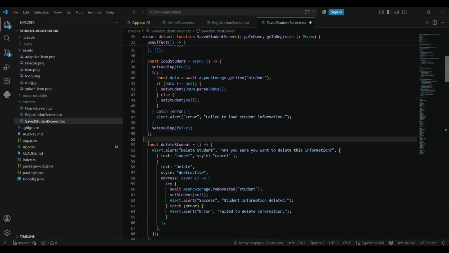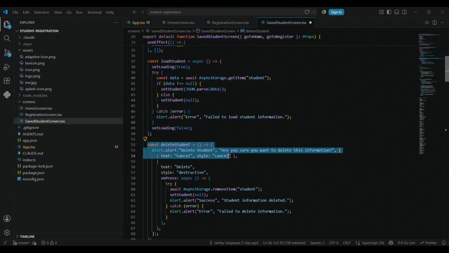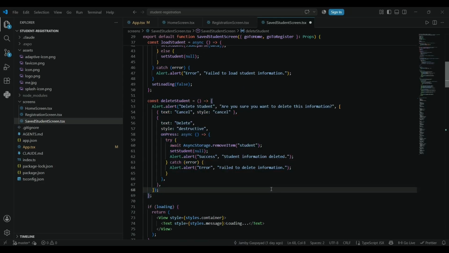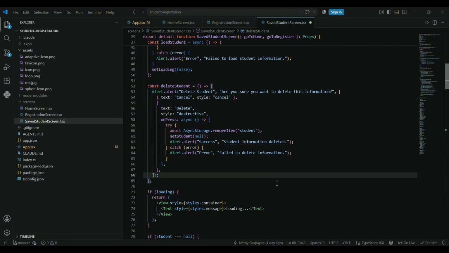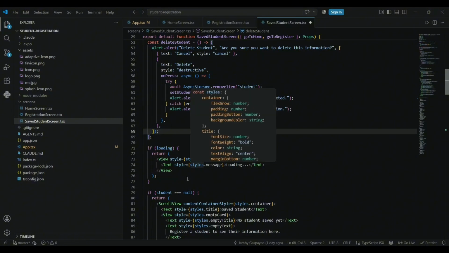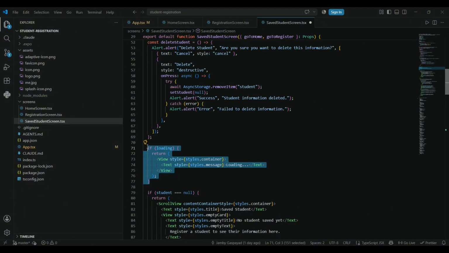Then the next function is deleteStudent. This function deletes the saved student information. Next is the loading condition. If the application is still retrieving the data, it displays loading instead of the student information.